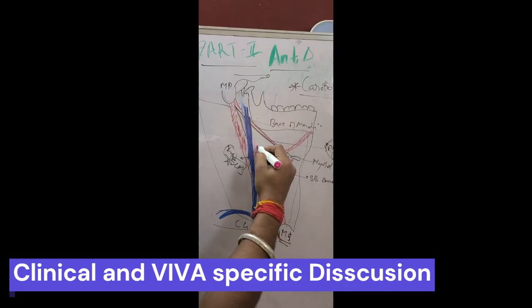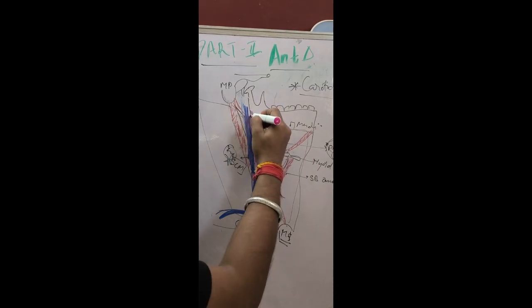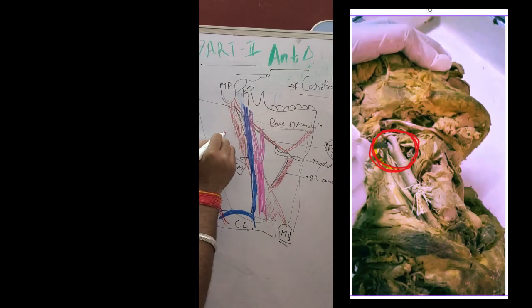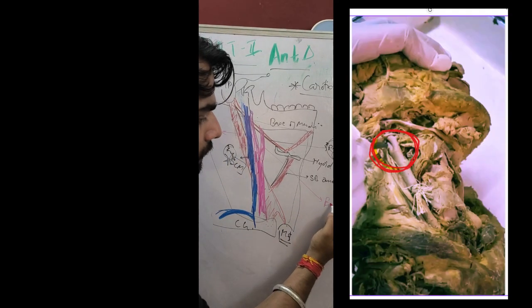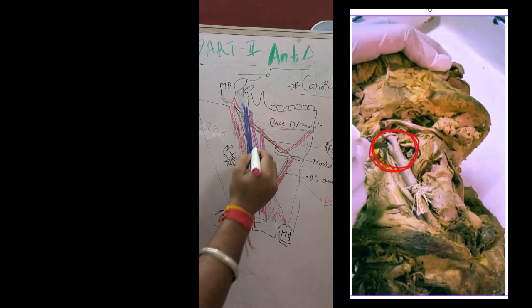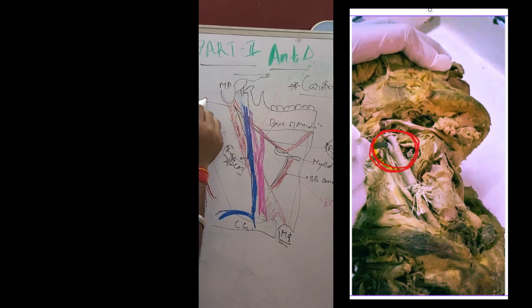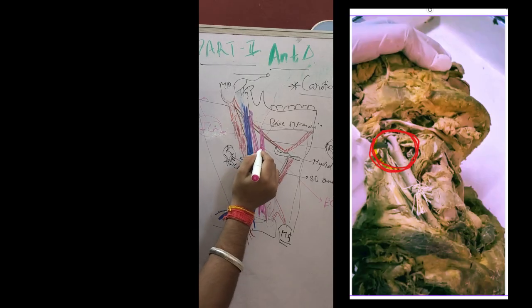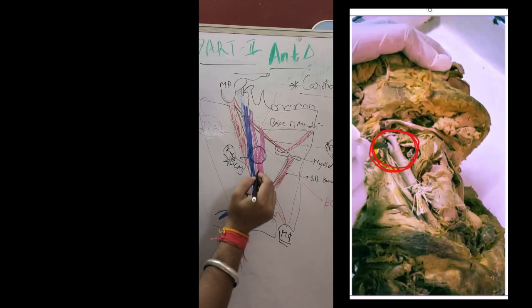Look for the bifurcation of common carotid artery. It is bifurcating into two major vessels, the external carotid and the internal carotid artery. The posterior one is the internal carotid artery and the anterior one is the external carotid artery. External will go to the face, head and neck, and internal will go to the cranial cavity and will supply the brain. But we look for this part, this area. This is the dilated one, this zone, the bifurcation.